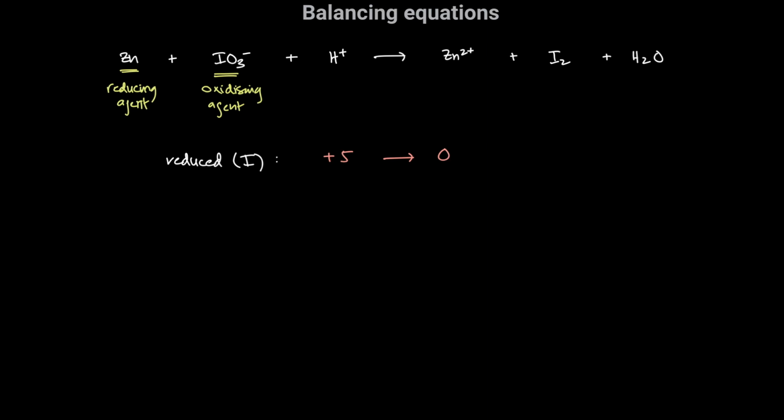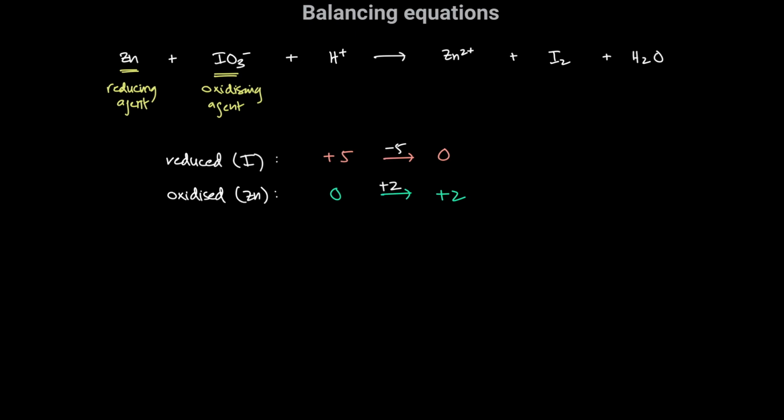Similarly, we've identified what's being oxidized, right? Here zinc is being oxidized, and the oxidation number of zinc is going from 0 to +2. So we can say that the change in oxidation number of iodine is -5, right? The oxidation number is decreasing by 5, and the change in oxidation number of zinc is +2. It's increasing by 2. So again, since the changes in oxidation numbers have to be balanced, right, we can say